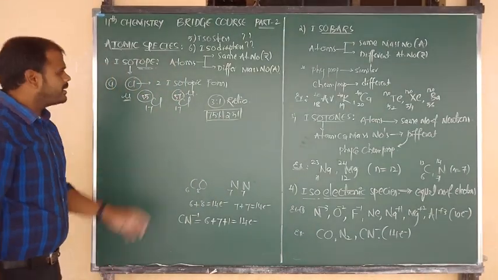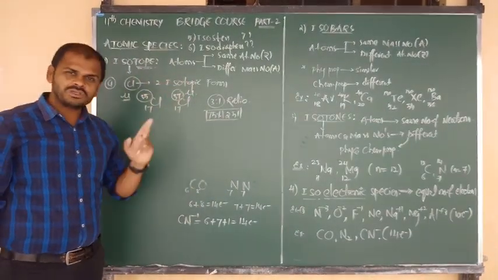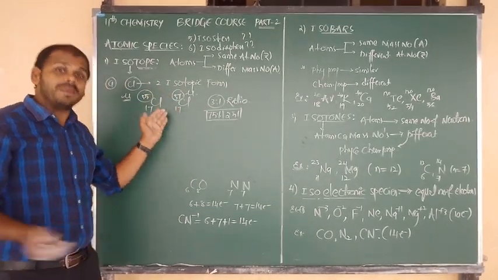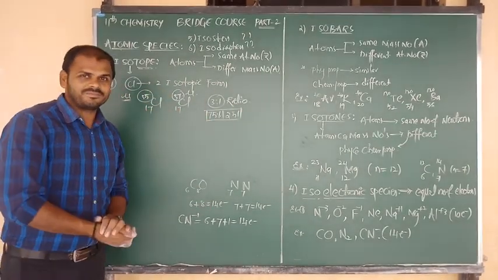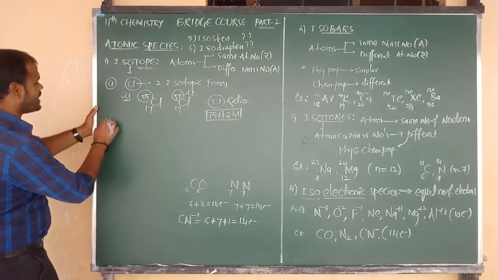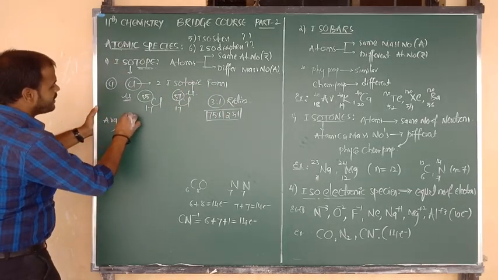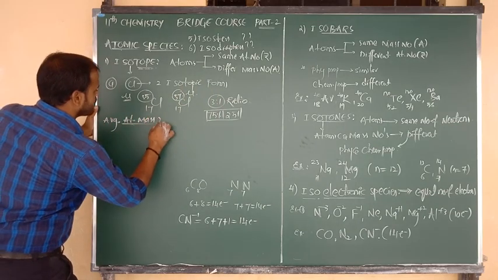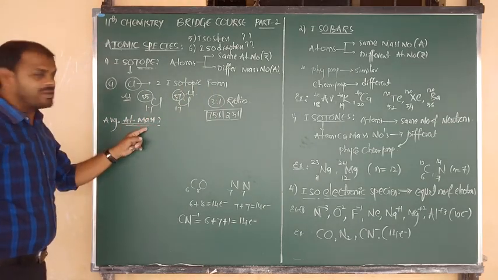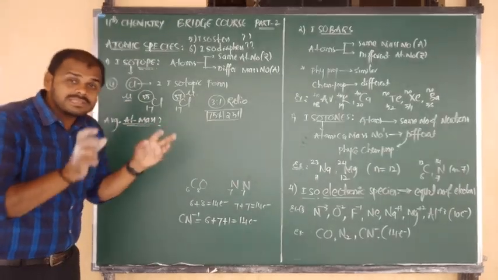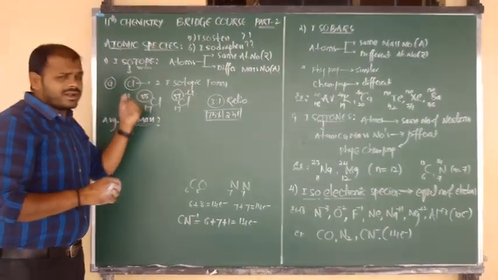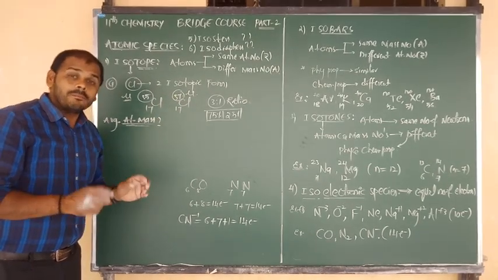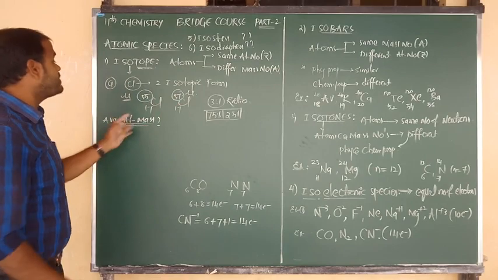So the question is, chlorine occurs in nature in two isotopic forms with masses 35 and 37. They are available in the ratio 3:1. Then they are going to ask you the question, find the average atomic mass of chlorine. One isotope contains 35 grams, the second isotope contains 37 grams. But overall, chlorine's average atomic mass is what?